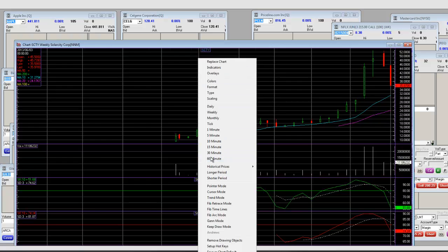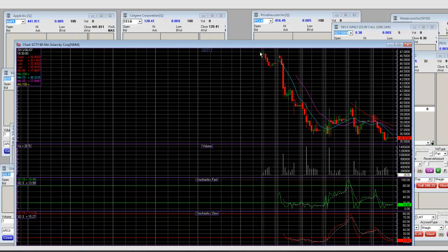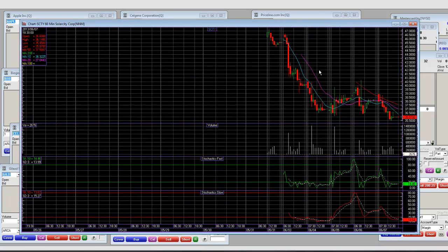I will show a 60-minute chart, just so people can see from $47 on a 60-minute level how these reversals have happened. And we've been waiting to buy dips on SCTY, and we have. And, you know, we're right in the middle of the year. They've had their great big bull runs. Now they're going to come down and find out where that support level is, we will, and where that new base, that new consolidation base would set up to break higher,